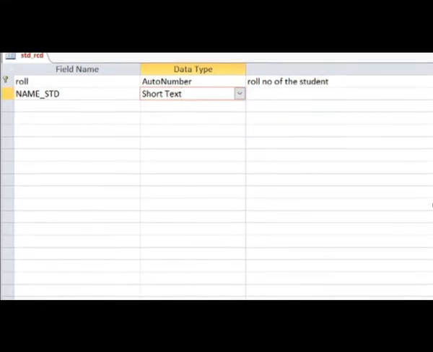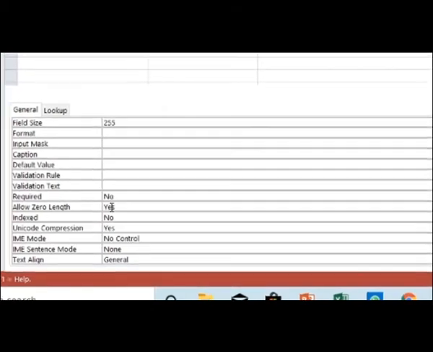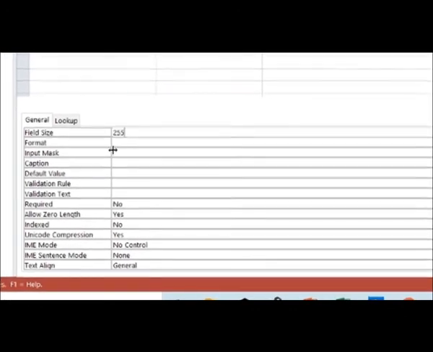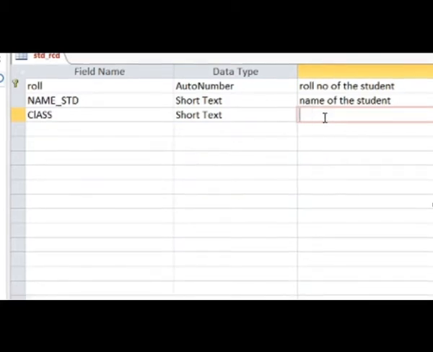Here also for text we have two types of text. See here, we take short text because the maximum field size of short text is 255 characters. That means at the most you can take 255 characters, including your white space or any special character. Is it clear? Just like in number we had two types of different numbers, here we have text. See here, 255 is the maximum length.